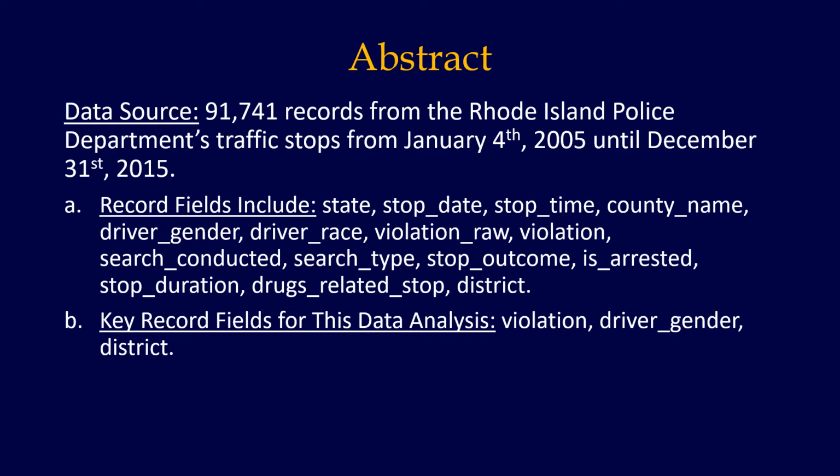91,741 records from Rhode Island Police Department traffic stops from January 4th, 2005 until December 31st, 2015. These records contain fields for the state of the traffic stop, the date of the traffic stop, the time of the traffic stop, the county of the traffic stop, the stop driver's gender, more accurately sex, the race of the stop driver, a broad categorization of the traffic violation type, a more refined categorization of the traffic violation type, if